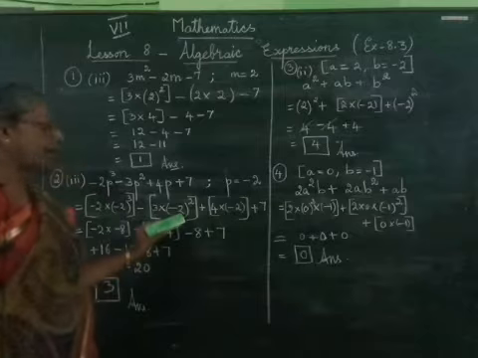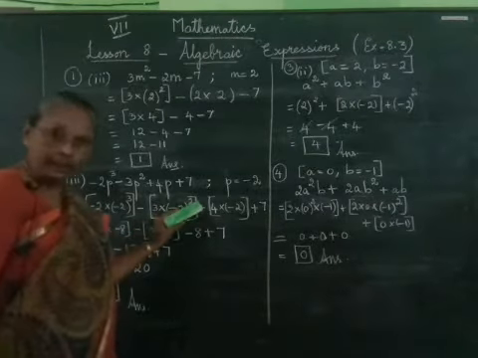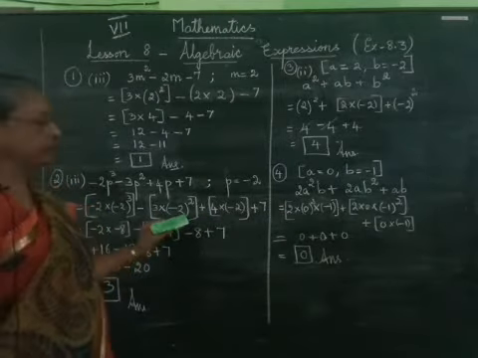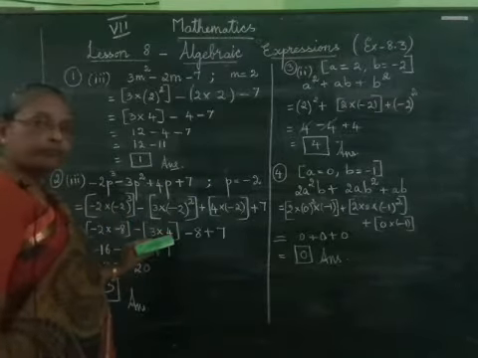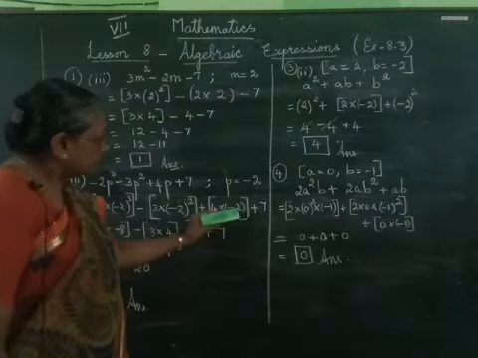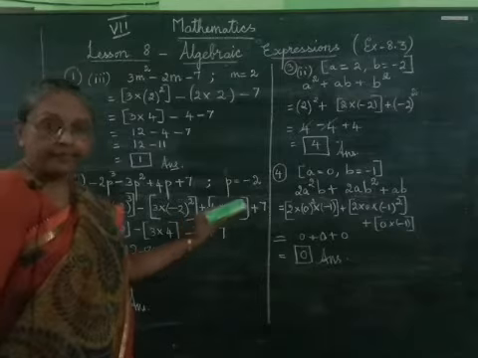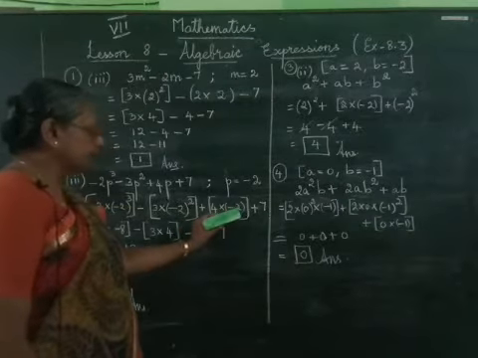Now here minus 2 whole square. The power is an even number, and therefore we get plus 2 into 2, 4. So this is plus 4. So 3 into 4. And here, since this is minus 2 into plus 4, straight away I have multiplied 4 into 2, 8, and the minus sign is there.